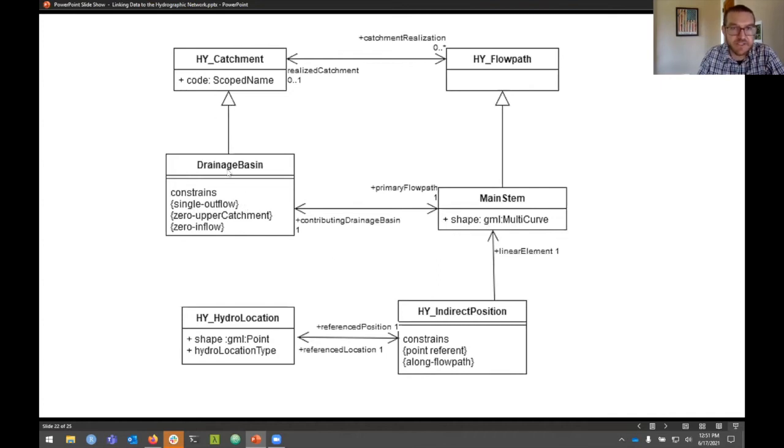A drainage basin is just a catchment that has some constraints: a single outflow, so only one outflow, zero upper catchments, so no catchments upstream, and zero inflows, so no natural inflows of water. The zero upper catchment and zero inflow constraints are essentially saying the same thing: no water bodies flowing in and no upstream catchments. And then there's this idea of a primary flow path for that drainage basin. And this,